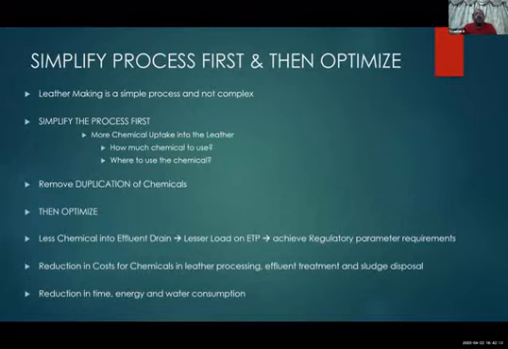Once we started to do it, we were able to see that so many chemicals within the range have a lot of duplication. So we had 3 or 4 resins, similar types of retannings, extracts, fillers, etc. We found that if we do the trials in the leather, we can see the similar characters keep coming. So first we thought, okay, let us try to remove the duplication of character of chemicals.